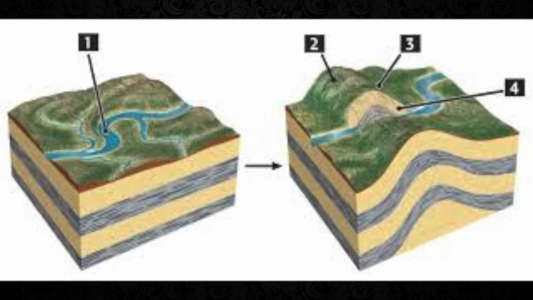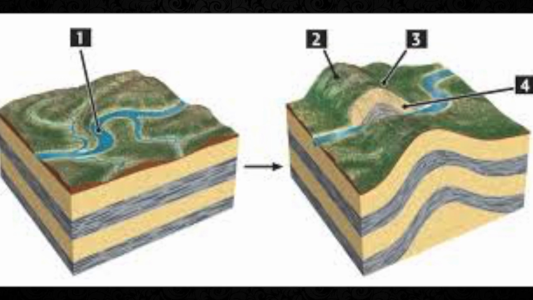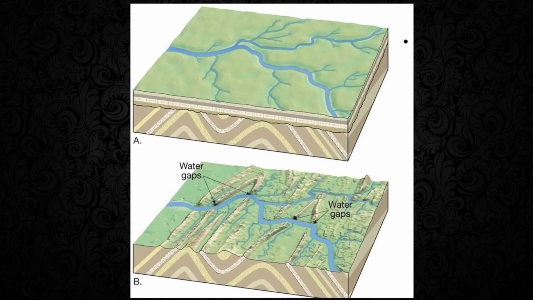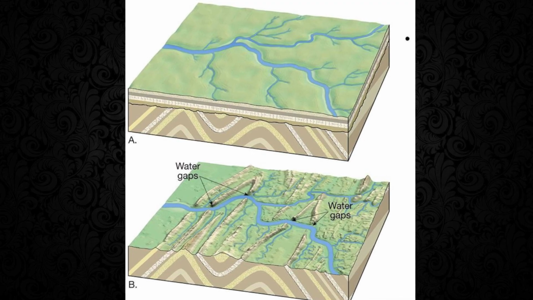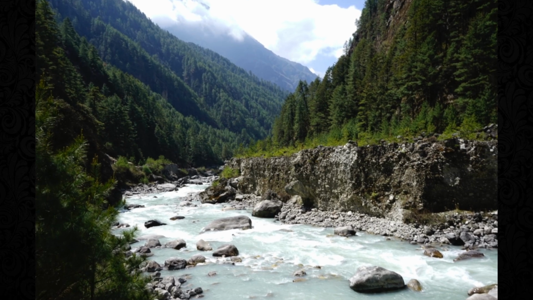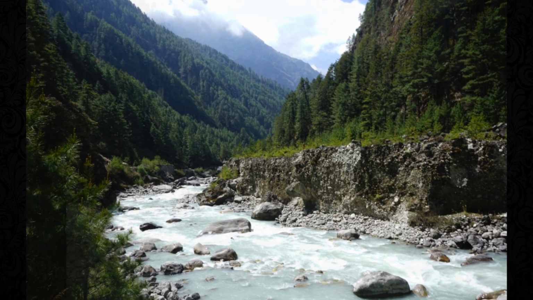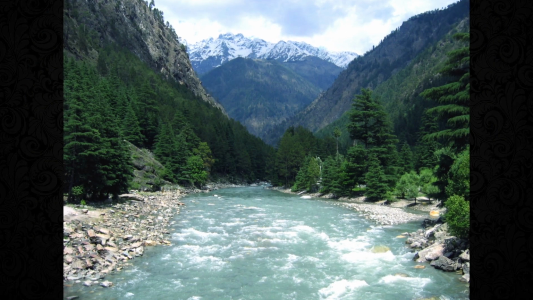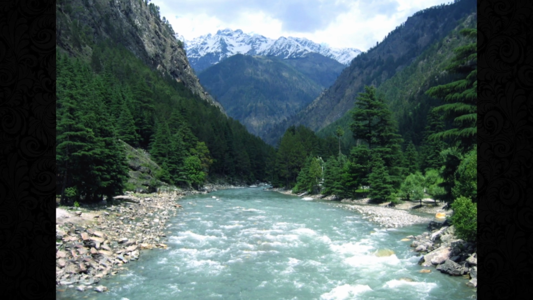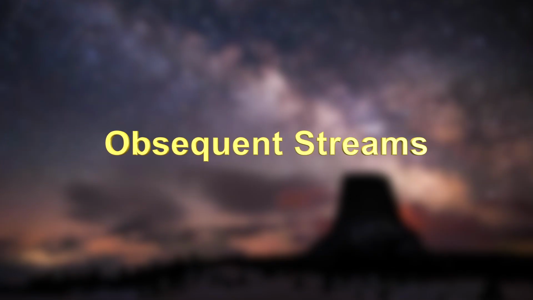All the first generation tributaries to the consequent streams are subsequent in the sense that they arise subsequently to the establishment of the consequent streams. Generally, subsequent streams refer to the streams transverse to the master consequent. Song River, a tributary of Ganga River in Dehradun Valley, is an example of a subsequent stream.